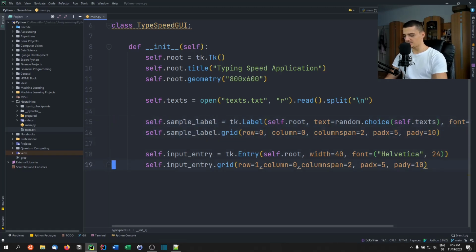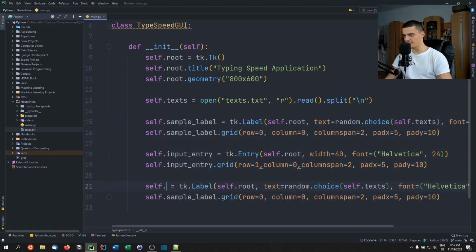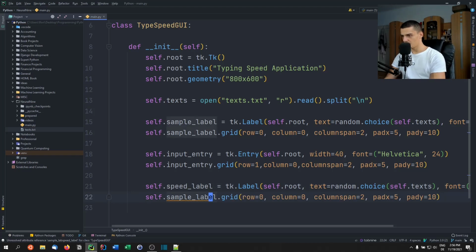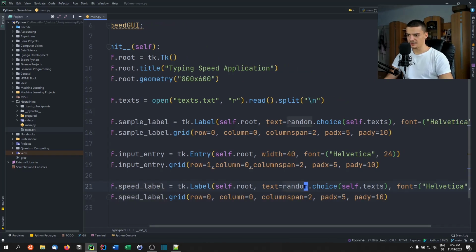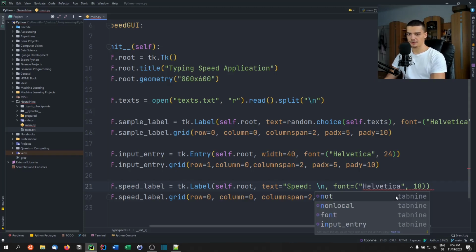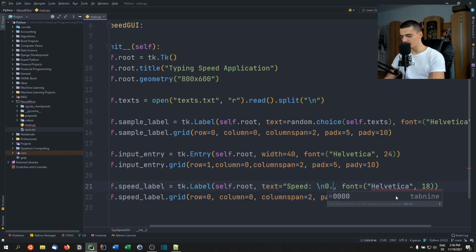After that, we want to have the typing speed indicator, and we want to have also the reset button. So I'm going to copy this one here. We're going to rename sample label to speed label. Speed label, like that. So here the text is going to be the typing speed. Now, by default, this is going to just be the template. So it's going to be speed, colon, and I actually want to have a new line here, and we're going to say 0.00